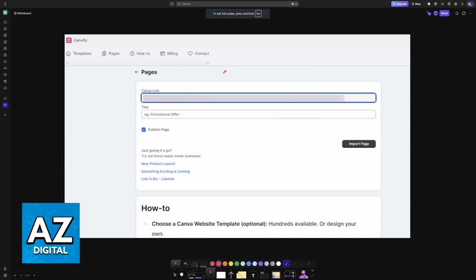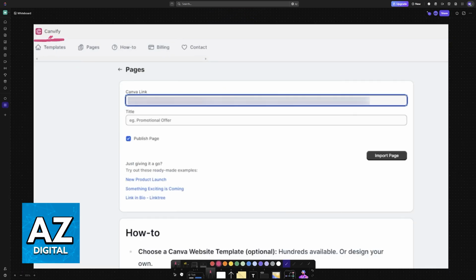But to actually use it, go over to the Canvafy option at the left side of the screen. So just like any other application, you will find it available at the left. And once you choose Canvafy, go to the Pages function. Inside of Pages, you will be able to create a new one. So choose the option to create a new page, and it is going to ask you for the Canva link. This is the public view link that you copied, so paste it here.